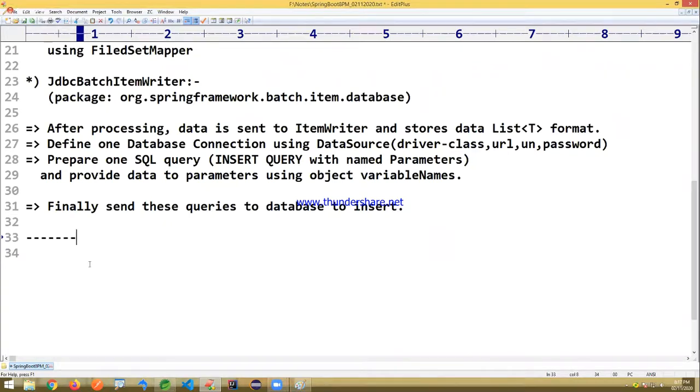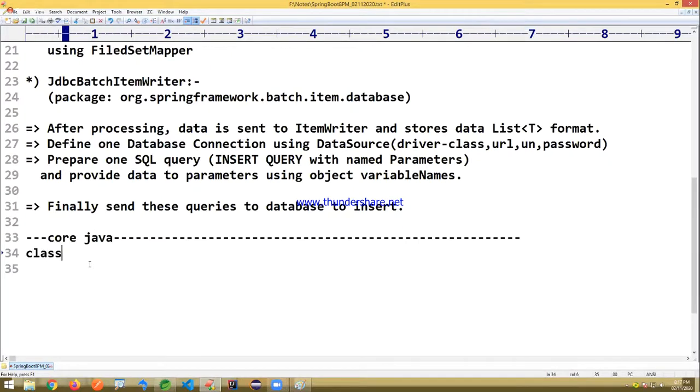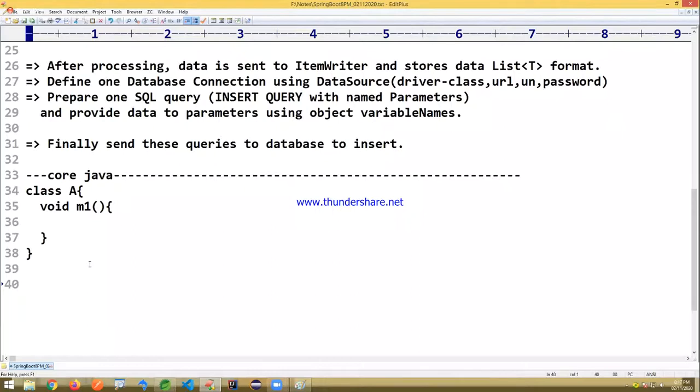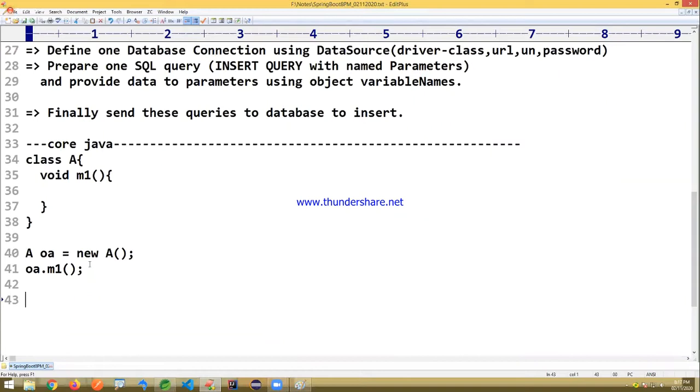I'll ask one more question, observe carefully. It's a core Java concept here. I'm writing that there is a class A available, with void M1 in it. There I'm writing OA is equals to new A, this is object creation, then OA dot M1. Hope you know this clearly. This is a simple one.